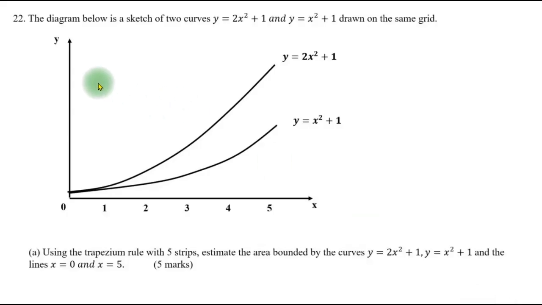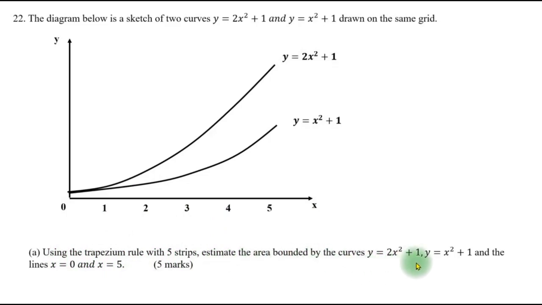So question number 22, the diagram below is a sketch of two curves, y is equal to 2x squared plus 1 and y is equal to x squared plus 1, drawn on the same grid. It's the same grid. Then the x-axis goes up to 5. Then part A of the question, using the trapezium rule with 5 strips, estimate the area bounded by the curves,